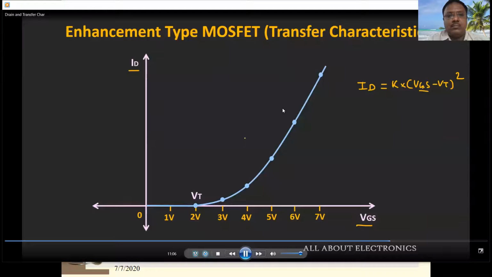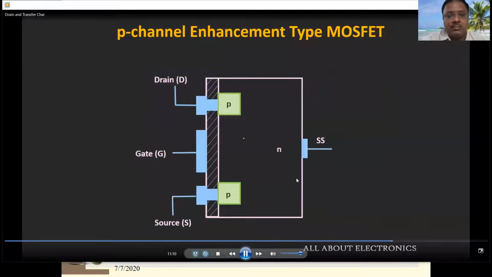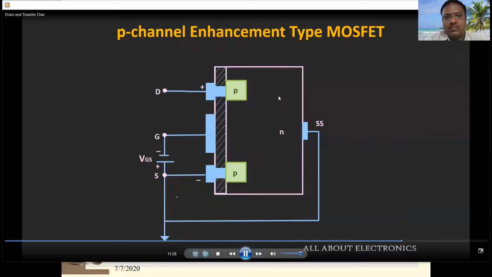So similarly, let us briefly talk about the P channel MOSFET. In case of the P channel enhancement type of MOSFET, the substrate is N type, and through the metallic contacts, the drain and the source terminals are connected to this P type material. But now, in case of this P channel MOSFET, the polarity of the voltages will be reversed. So now the channel will be